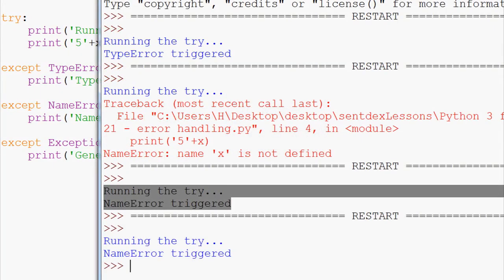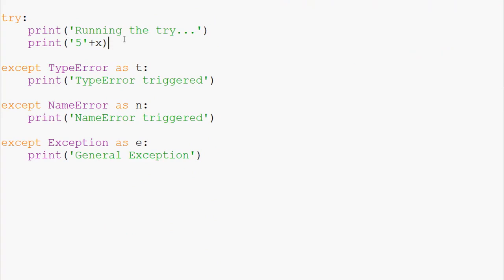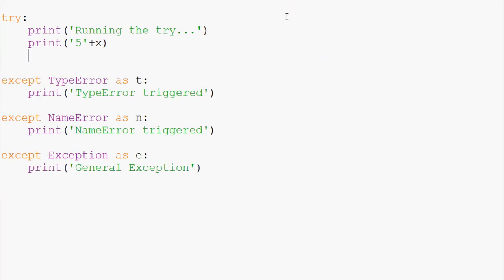So we'll save and run that, and we see that we hit a name error, so that's okay. And now if there happens to be any other error, we won't have to worry about hitting it. So let's think of an error that we can possibly trigger. So let's say in here we do import Mars.